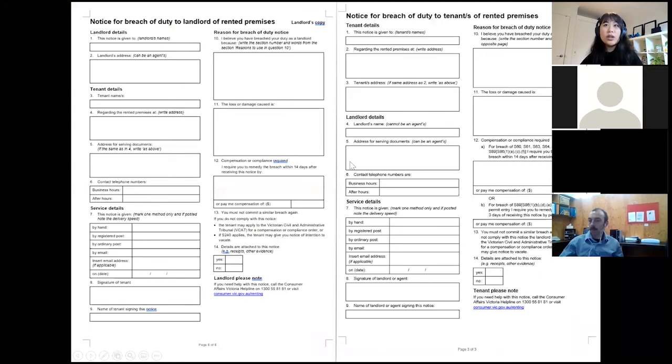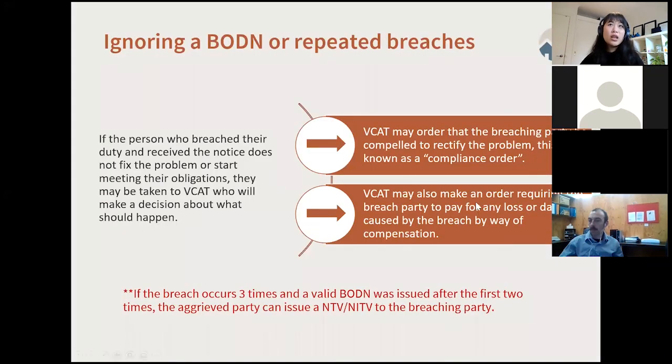So this is what the breach of duty notice will look like. So this one is the form to the landlord, and this one's the form to the renter. Basically same thing, just that the title looks a little bit different, but this is essentially what the form looks like, and you're just going through why there's a breach and what the loss of that resulted in. And so if you ignore a breach of duty notice or you've repeatedly breached the same thing, then